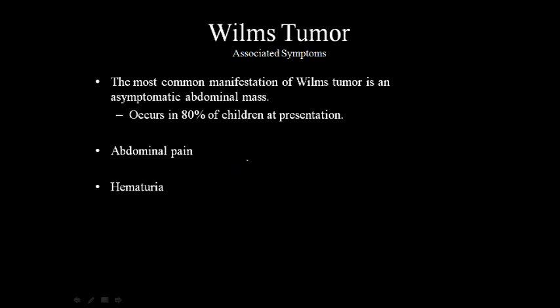The most common manifestation of Wilms tumor is an asymptomatic abdominal mass. And so the patient has an enlarged area of the abdomen, which is a palpable abdominal mass, but they're really not having any symptoms. This occurs in 80% of children at presentation. So a physician is going to be able to palpate or see an asymptomatic abdominal mass